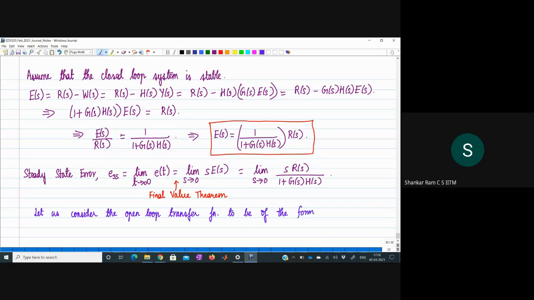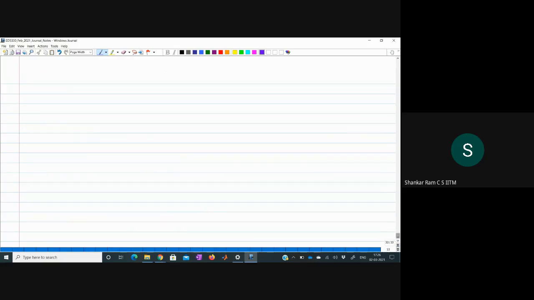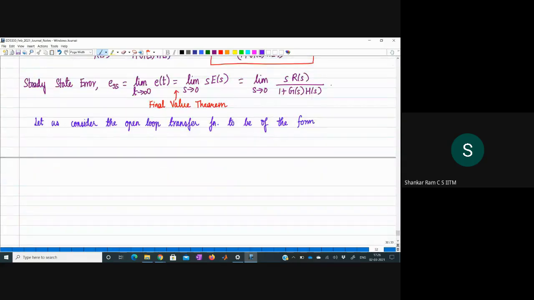Typically, the open loop transfer function can be written in this form: G of s H of s is equal to K naught times (T1 s plus 1)(T2 s plus 1), all the way till (Tm s plus 1), divided by s to the power capital N times (Ta s plus 1)(Tb s plus 1), all the way till